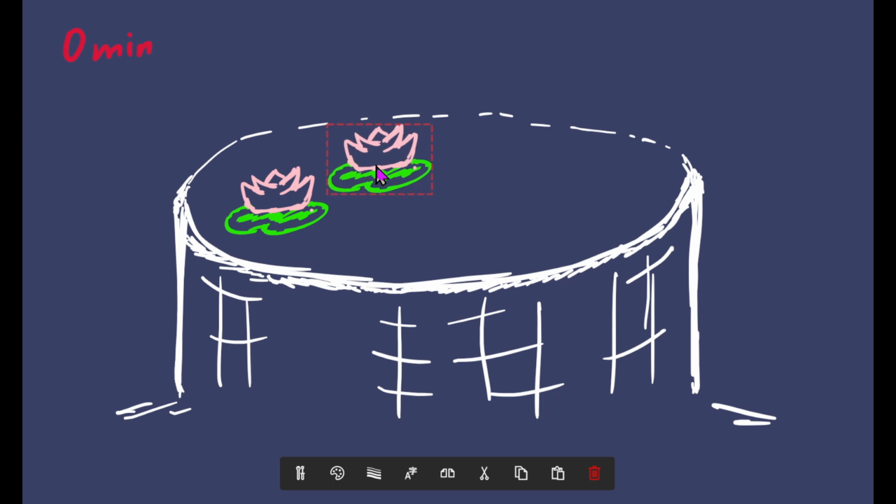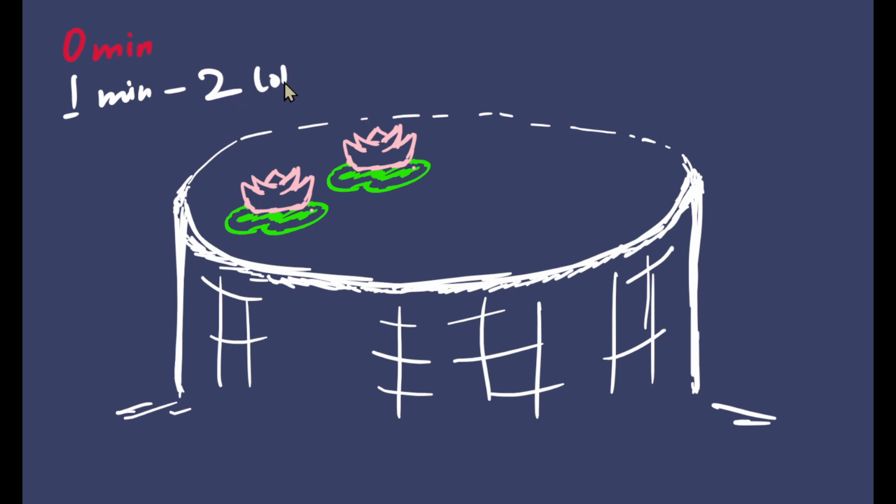In the next minute the number of lotuses, or loti, doubles. So at the end of the first minute we'll have two lotuses. It will just double from the number before. So if there was one lotus, then this will become two lotuses, and at the end of the second minute, one more minute goes by and both the lotuses would double. The total number of lotuses would double, and we'll have